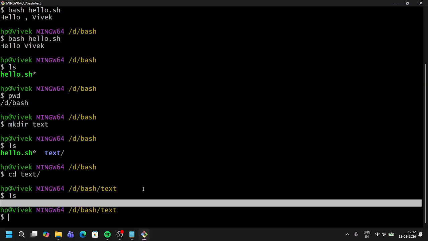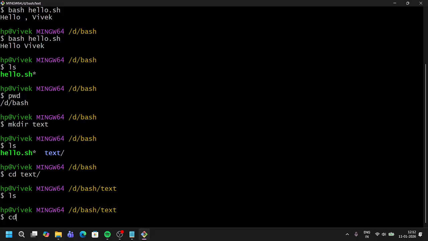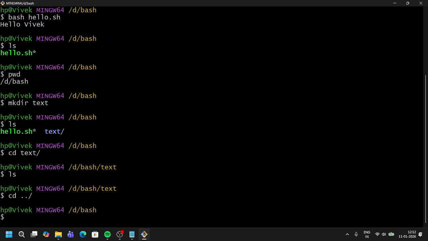If you want to go back, you can use cd space dot dot slash. Using that, it comes one level up. Here d bash test is there, so using this, it comes out of test, and it is now in the d bash directory.